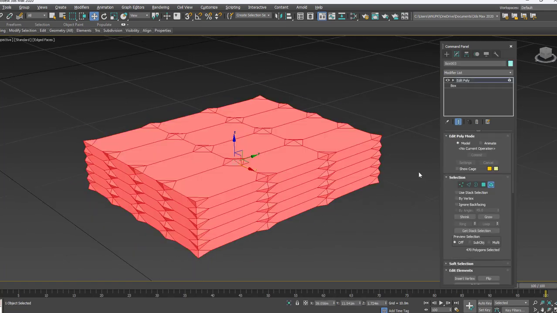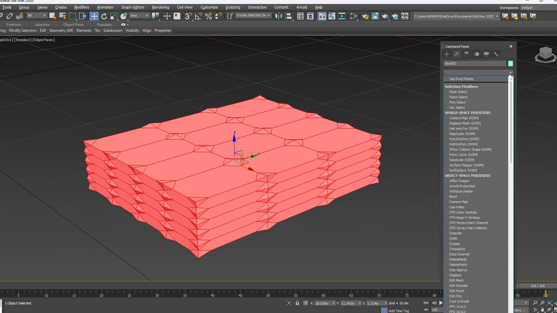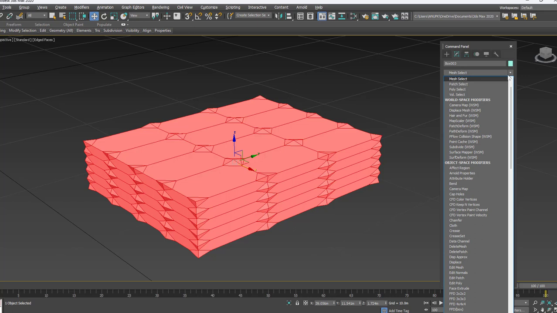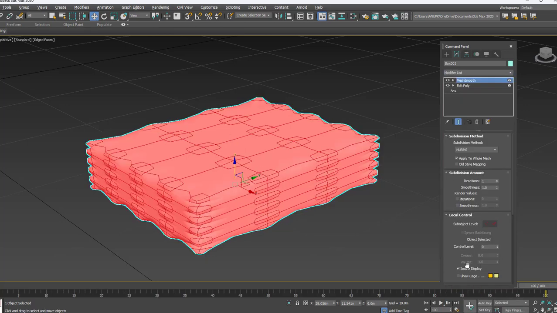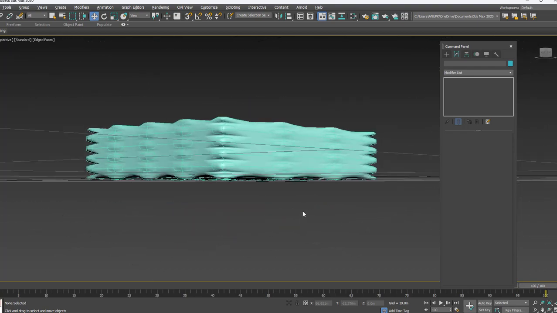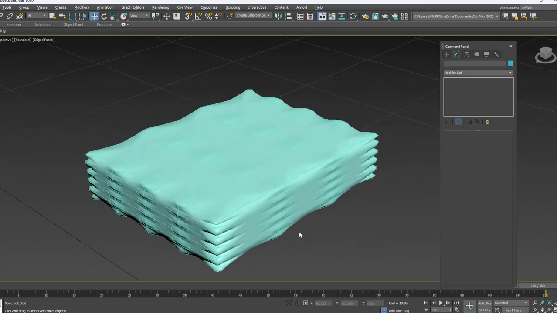And if you want to apply any chamfer or any other further modifications, then you can go to the mesh smooth option. In the modifier list, we have mesh smooth. So this is how you can smooth the edges.